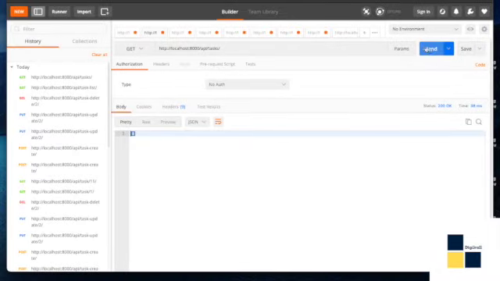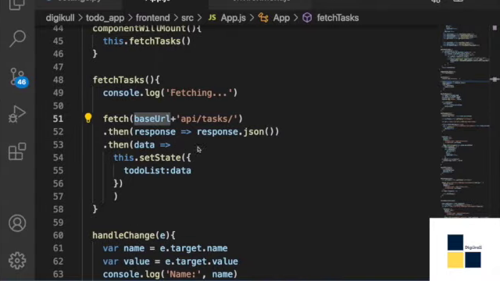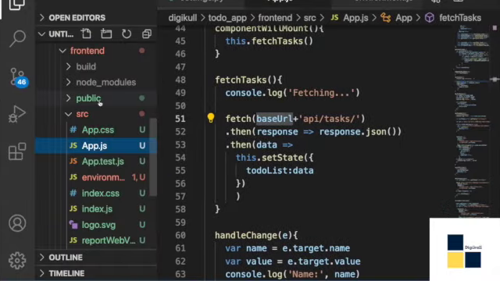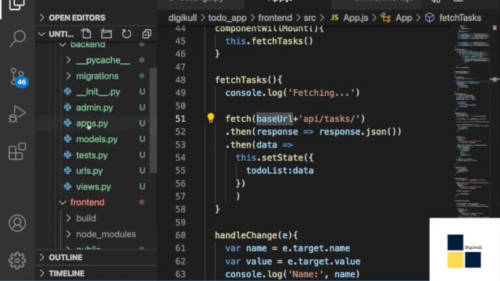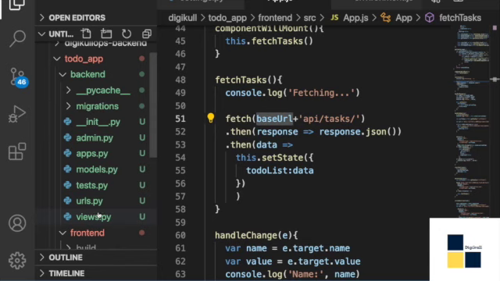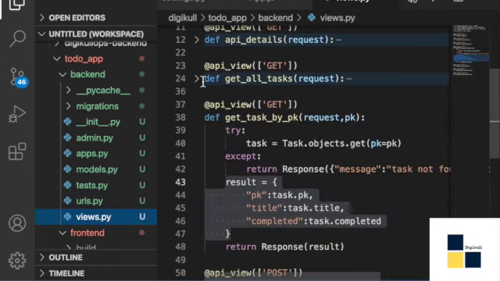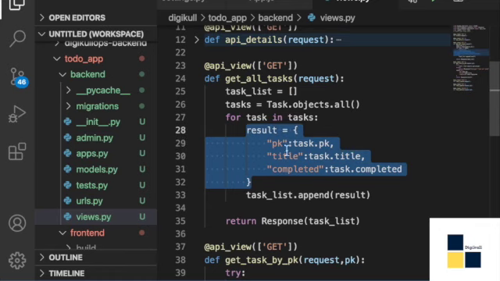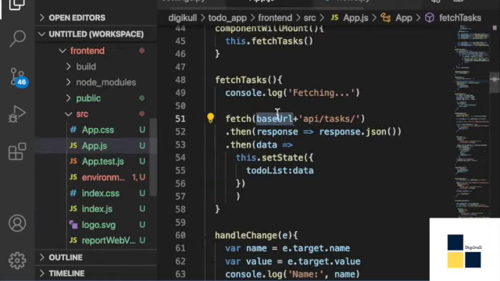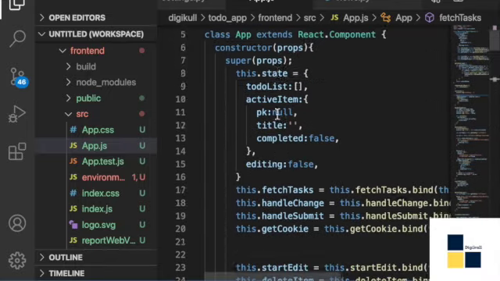Whatever task it is giving, it will be giving in the form of this dictionary. I'll show you which kind of dictionary we are talking about. If we go to views.py, get all tasks, here we are using results with pk, title and completed. It's the same kind of state which we are managing for our to-do list.